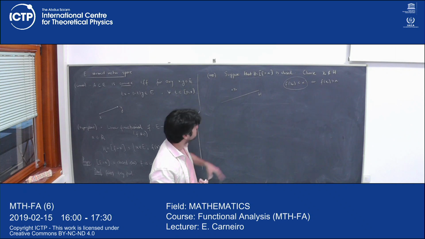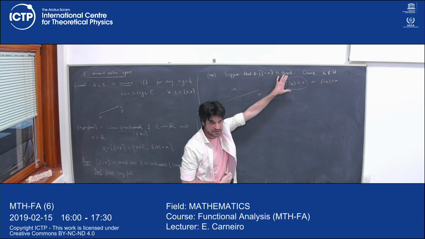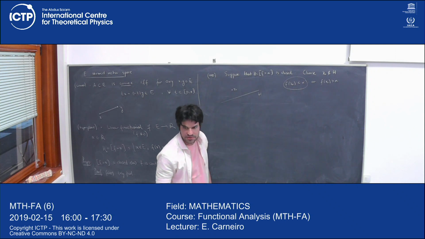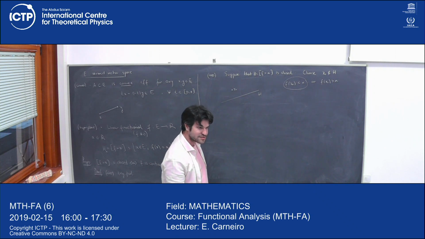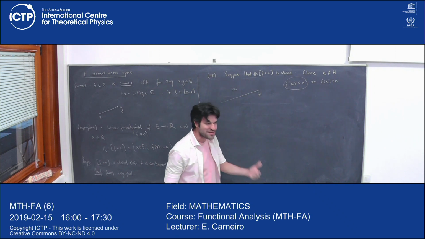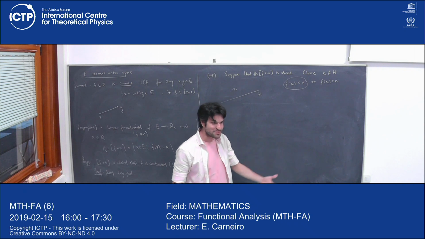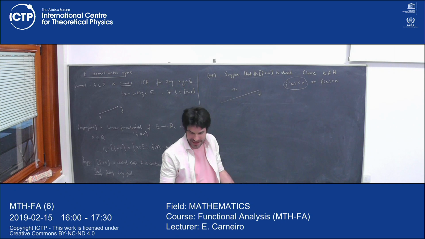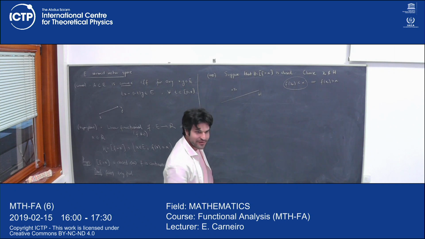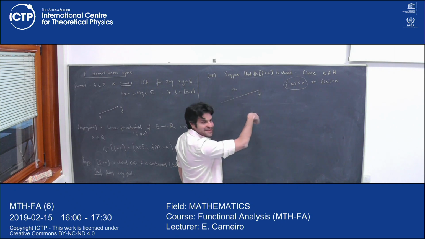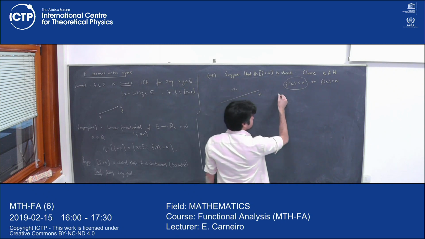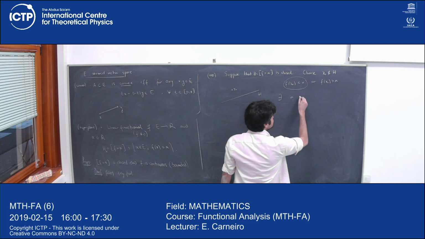I haven't used the fact that the hyperplane is closed yet, right? So now comes a point. What can I do if I have a point outside a closed set? I can draw a little ball. Yeah, okay. So this is what I mean by following the natural steps of the proof. Sometimes you have to know what the next sentence in the proof is because it can only be that sentence, right? So you have a closed set. The complement is open. You have a point in an open set. So there exists some radius r